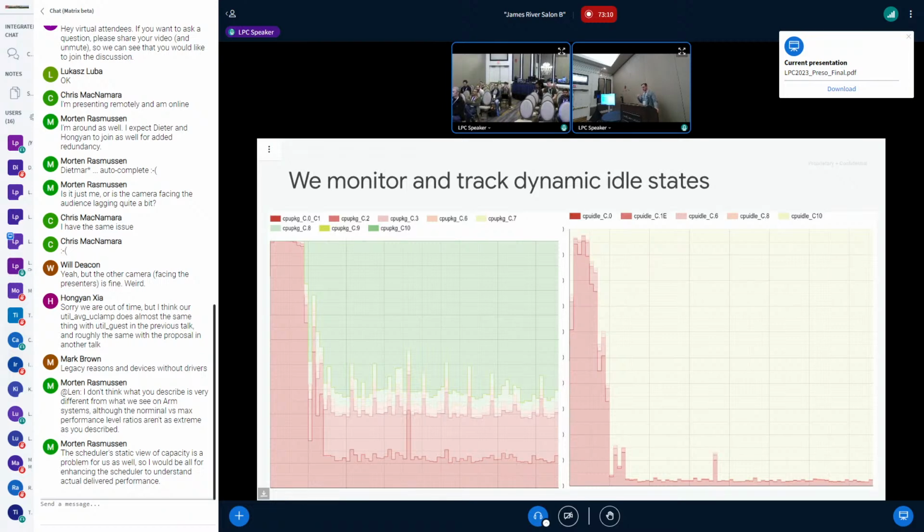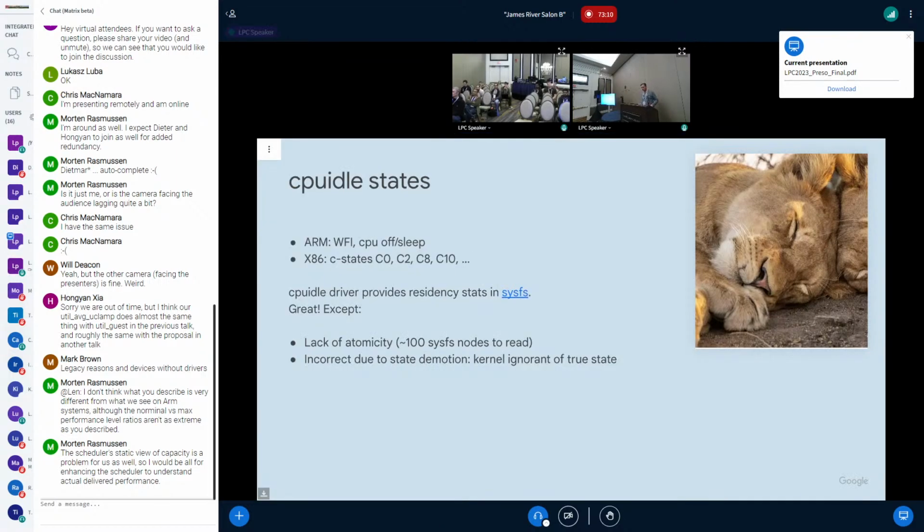What this talk is about is that the system we use to measure them is currently a patchwork. It's organically grown. Some of the things are in sysfs. Some of the things are in debugfs. Some things are overlapping. Some things are not there at all. So let's start talking about CPU idle states.